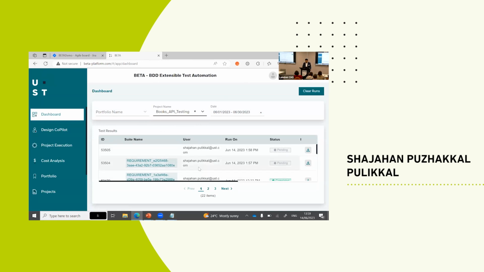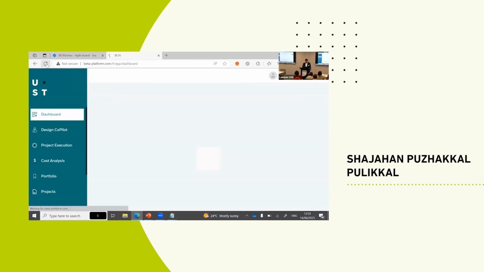The last two are what we ran. The first one is the requirement, and the top one is the user story one.